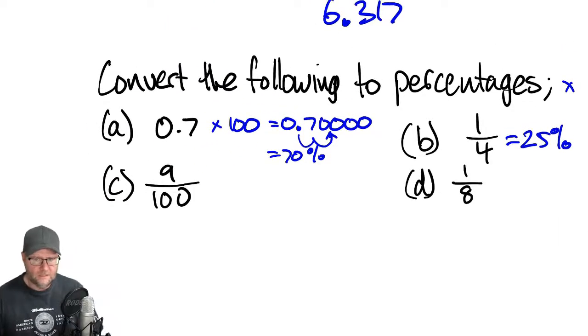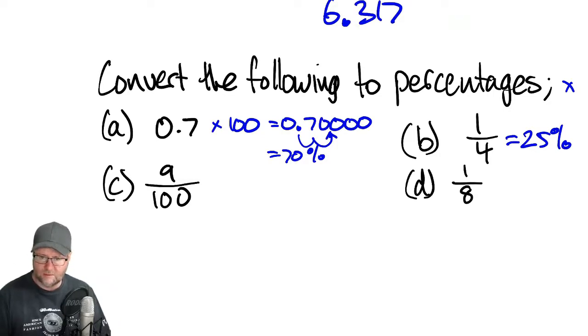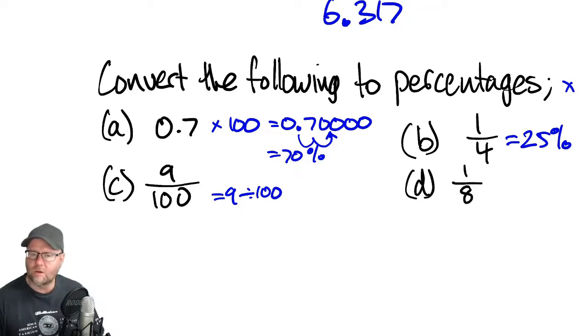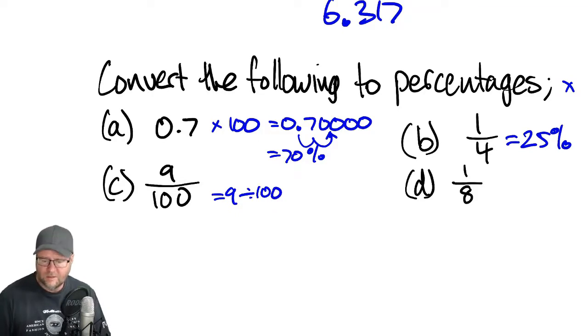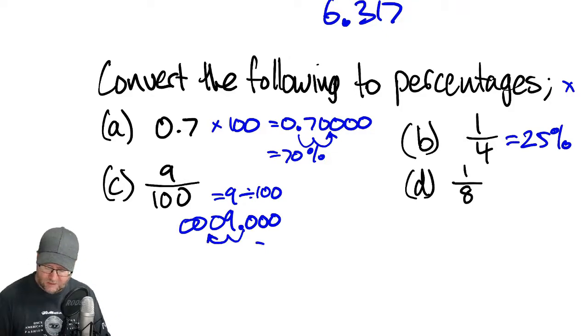All right, for question C, what I'm going to do first is write this as a decimal. I'm going to do this in 2 steps. Okay, 9 over 100, so that's 9 divided by 100. Now remember, we're all in the non-calculator section, so we're doing this without calculators. 9 divided by 100, so I'm going to take my 9 and move the decimal point. We're dividing by 100, so we move it to the left, 2 places. So I'm going to put some leading zeros and move my decimal point 2 places. So I get